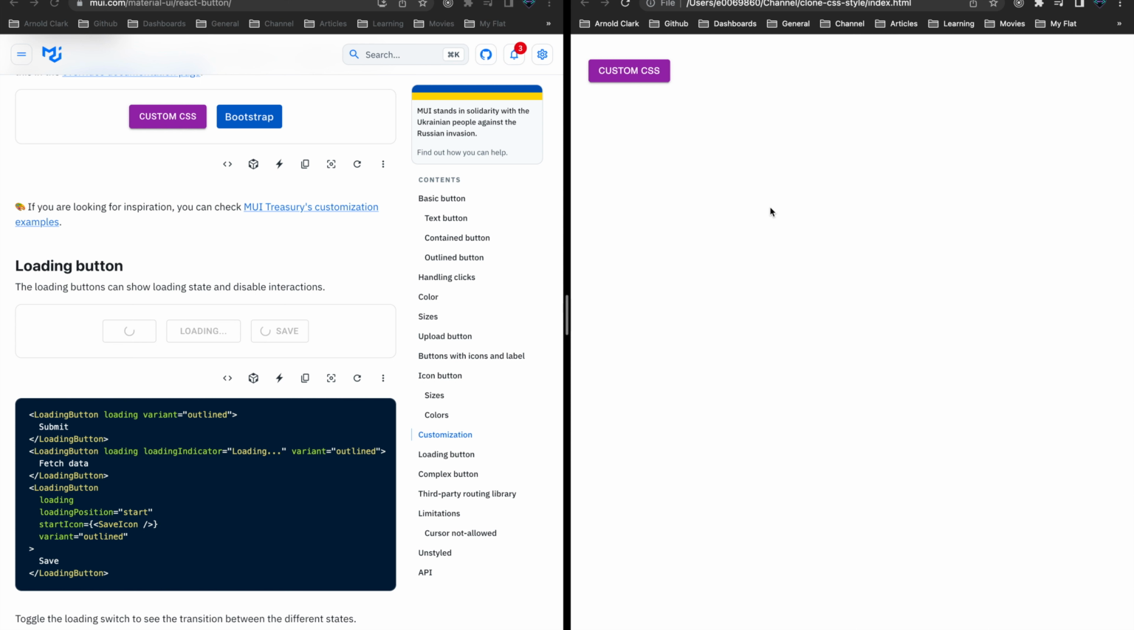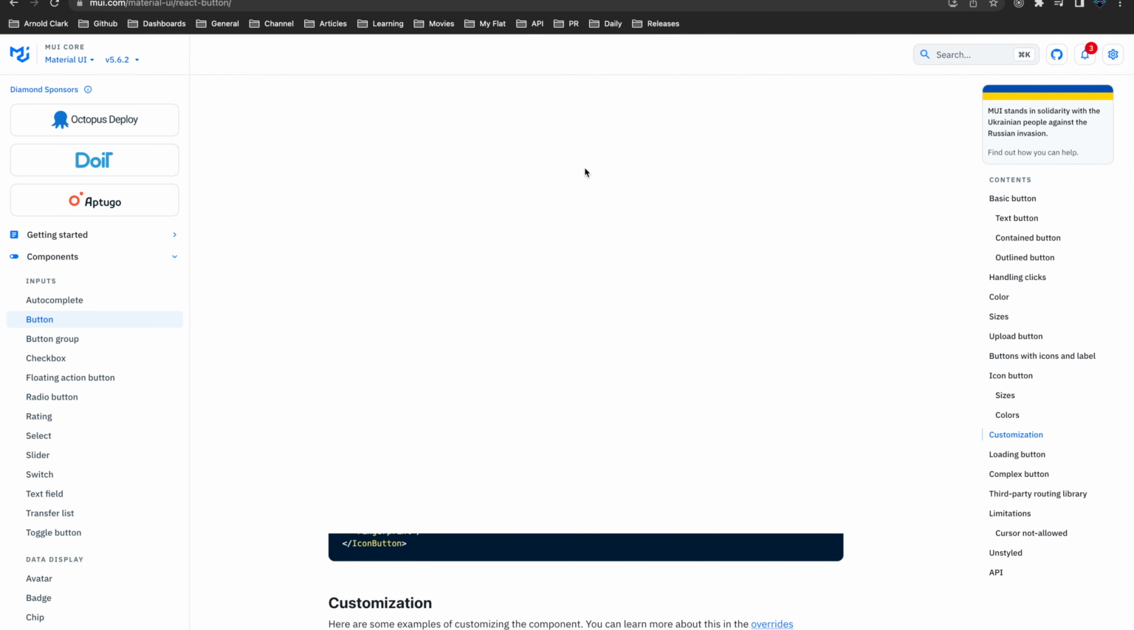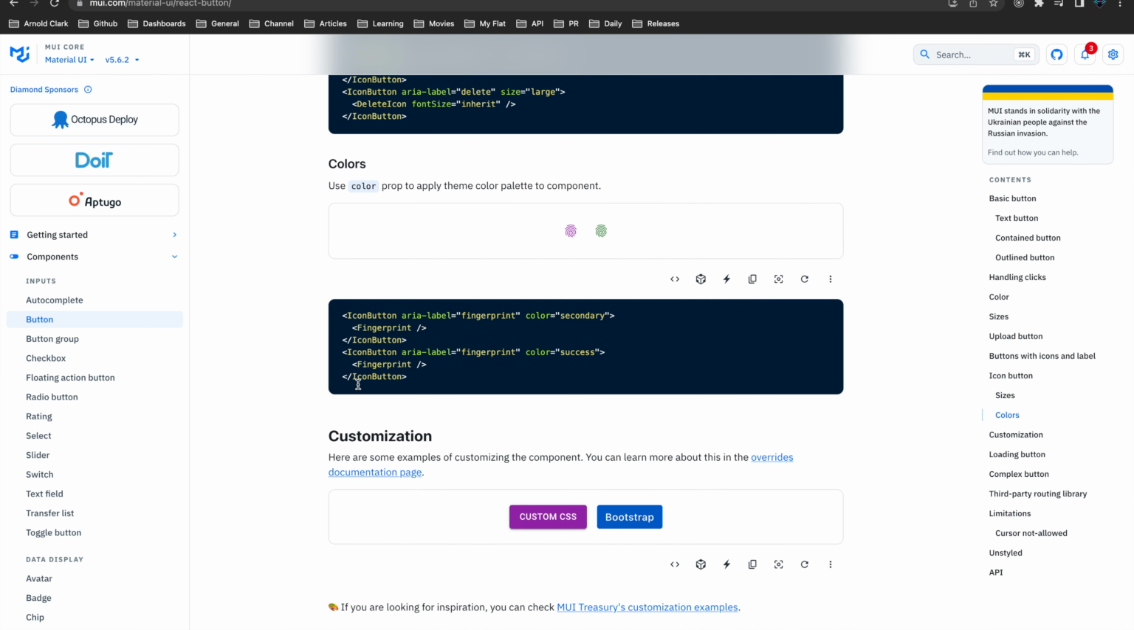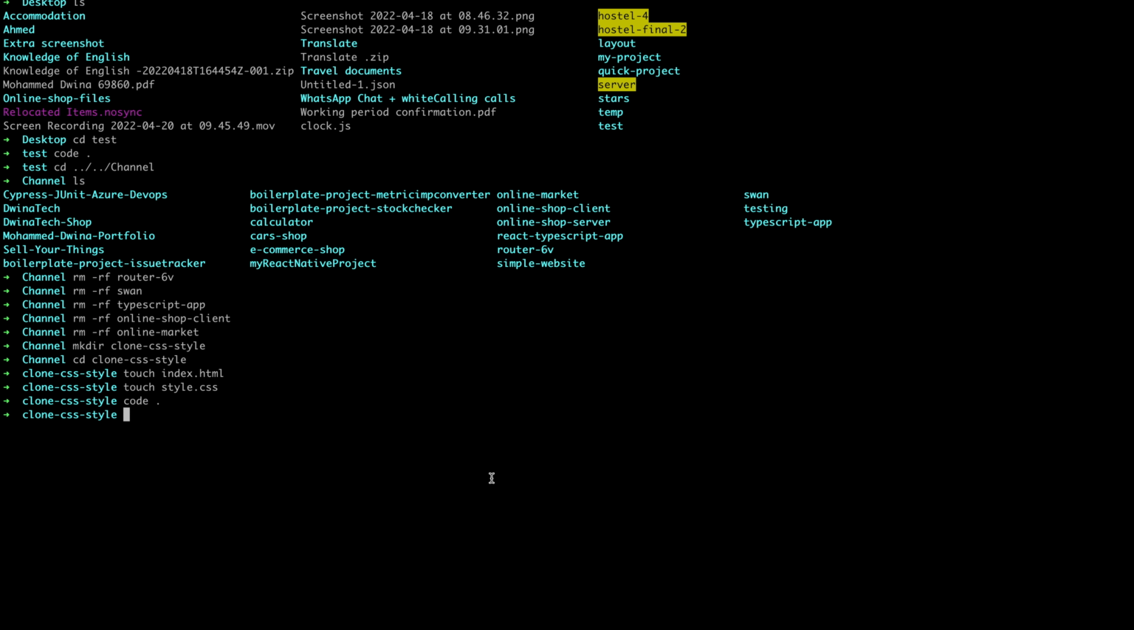So in this scenario, we'll learn how you can actually do this on your own, and also we'll learn what CSS styles they are using, in a very simple way, as I mentioned. Let's just close this one, and I'm going to start from scratch. As I mentioned, this is a Material UI website, and what I'm going to do here is open the terminal and create a new directory. I'm inside a directory called channel, and here